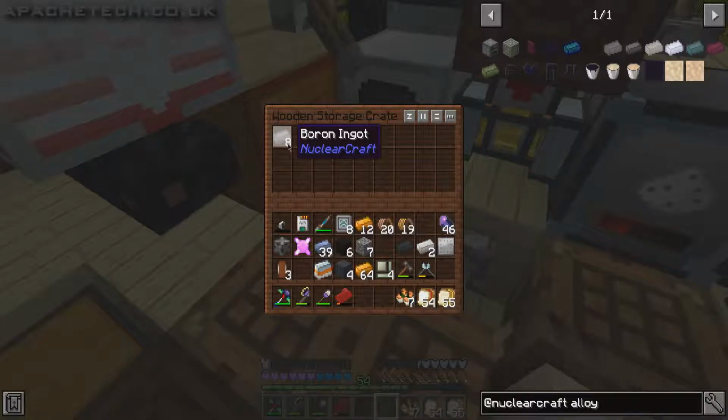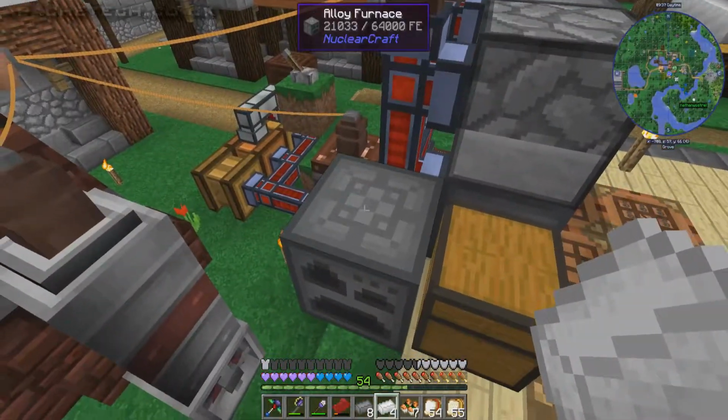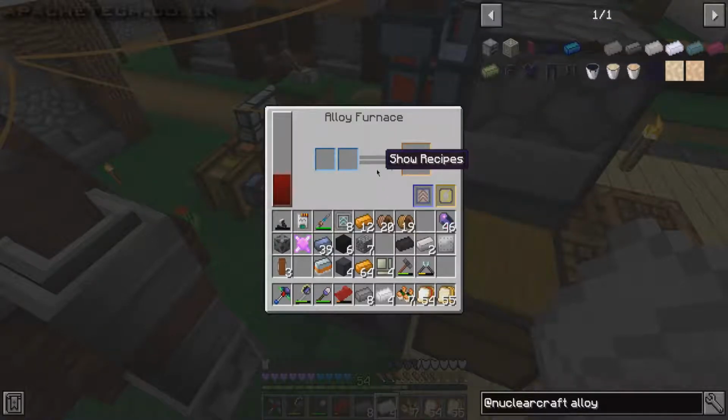We placed 4 of the ore in there, and we got 8 of the ingots out, and now we're getting the lithium ones out as well. So we'll just wait until these have done. I'll wait until the 4th one is done. There we go. And then we can come over to this alloy smelter here, and if we have a look at the alloy ones,